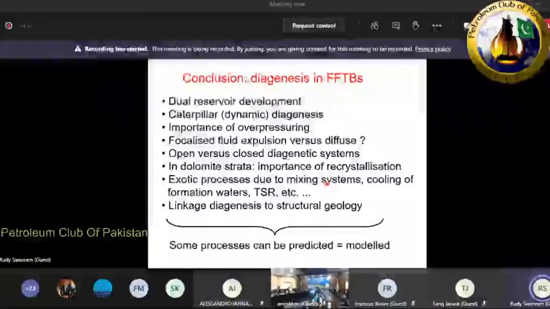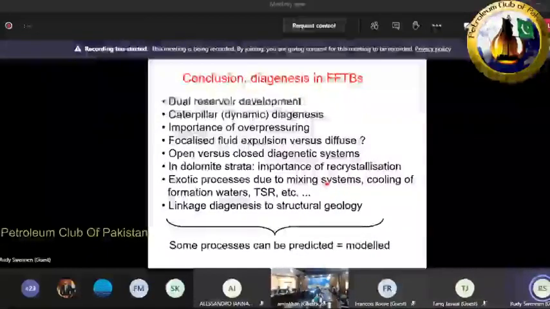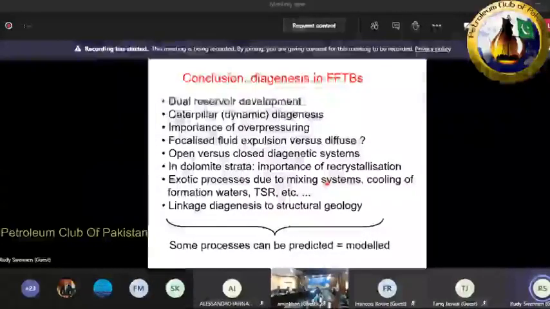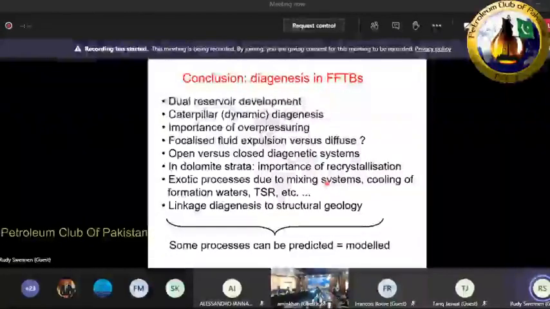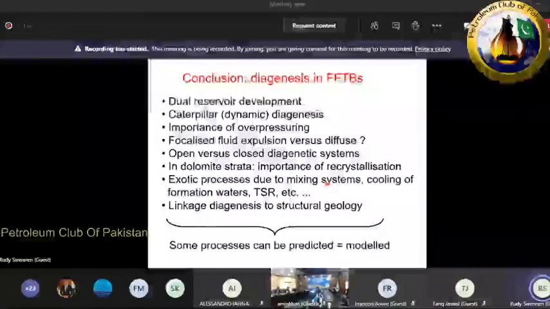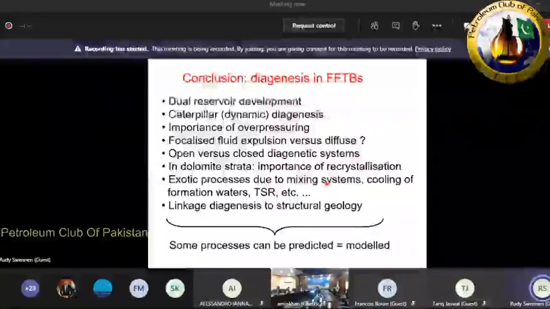However, in the first case, focalized fluid flow, and we will have a lecture this afternoon on such a system, we can have, for example, preferential dolomitization along certain lithologies. There, the mechanical stratigraphy could explain some of the distributions, so this is quite important. Also, recognizing open or closed system diagenesis is of importance, because the closed system is not as reactive as